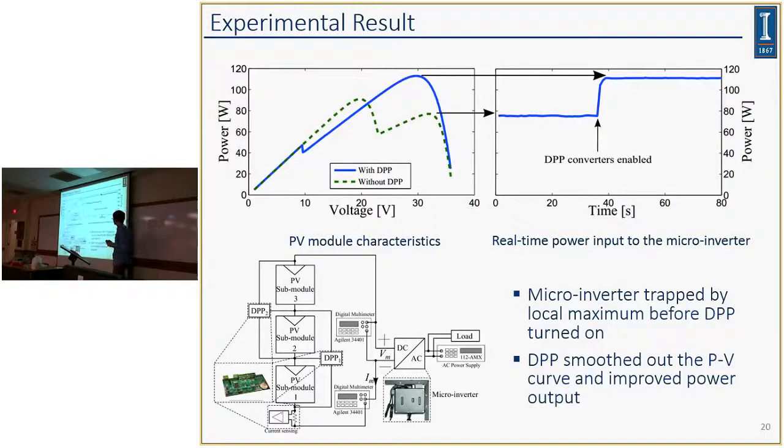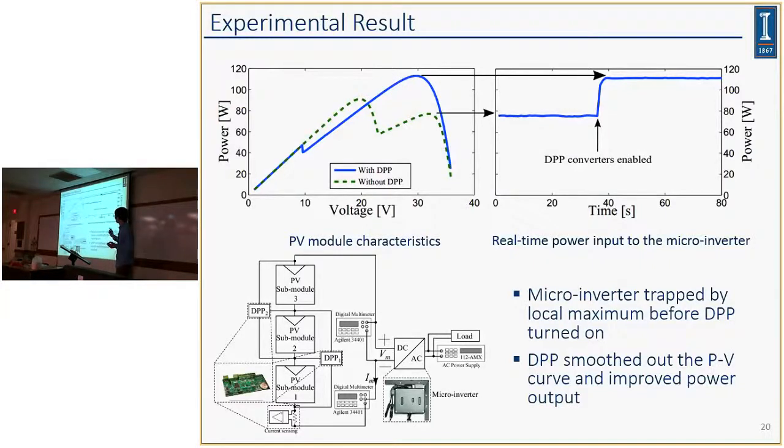But this is basically our experimental setup. And here is the experimental result. As I mentioned before, a microinverter can actually be trapped in a local maximum, which is exactly what is happening here. When we have mismatch between submodules, without DPP turned on, the microinverter's perturb and observe algorithm gets stuck in this local maximum. We are plotting the real-time power output from the microcontroller. As you can see, once we turn on the DPP, it goes up to the optimal point exactly. So DPP does help a microinverter to extract the optimal